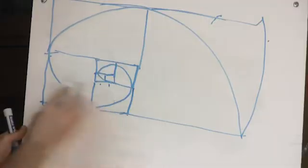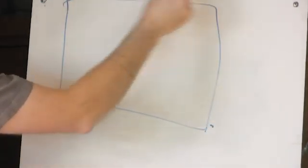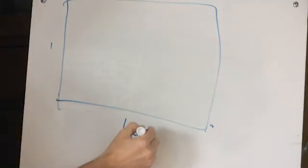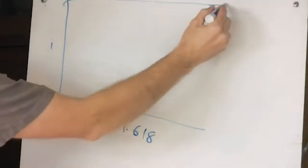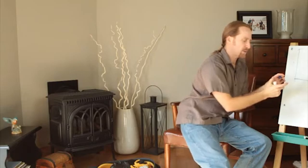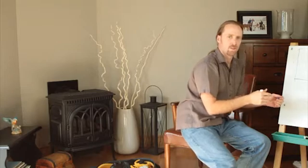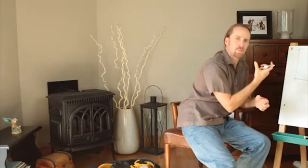So you can find that if you divide your image up into these golden mean ratios, actually there is a golden mean size where this is 1 and that's 1.618. The ratio between those gives you what's called the golden rectangle, which is a very pleasing size. In fact, the interesting thing is things like even a credit card has that ratio. I don't think the person who invented the credit card necessarily looked at the golden mean to see how to actually size it, but I think it just happened that it was pleasing to the eye,